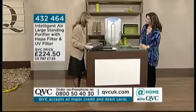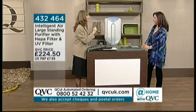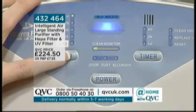So if we can have the best unit possible, then this is doing it. 650 square feet it cleans up to. Oh, wow. That's a massive area, and at 80 watts of electricity, it uses about £10 a year to use. And the reason it's called intelligent air purification, NaturoPure, is because if you put it on auto,